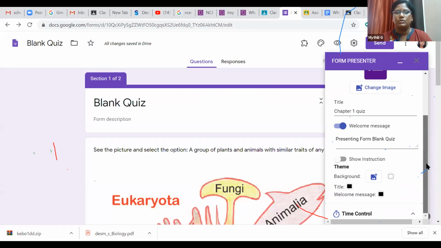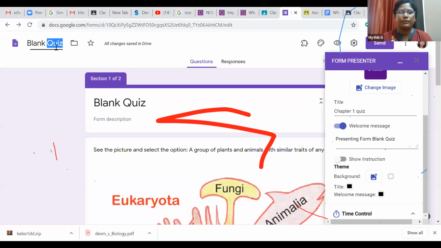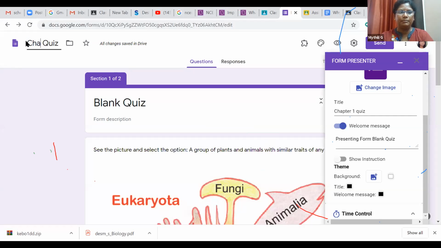I can give this also. Here also I can give the name. And I can go with the timer control.